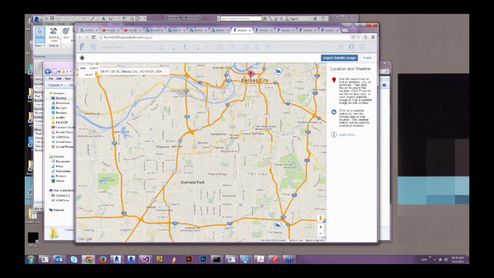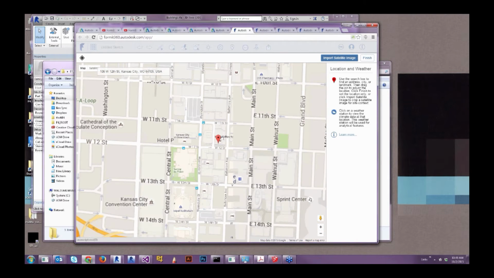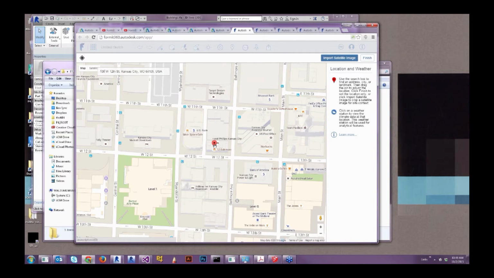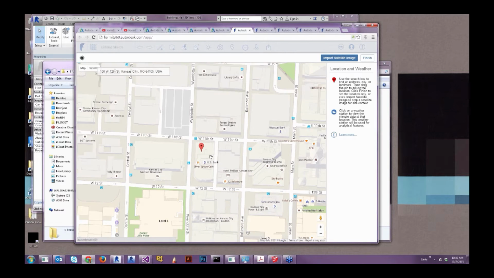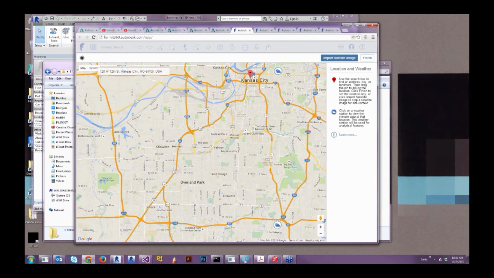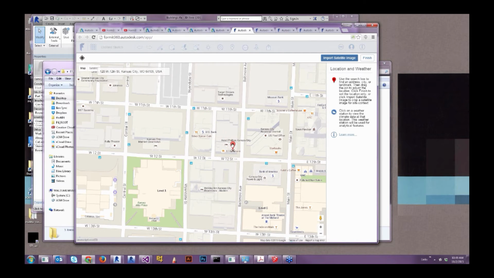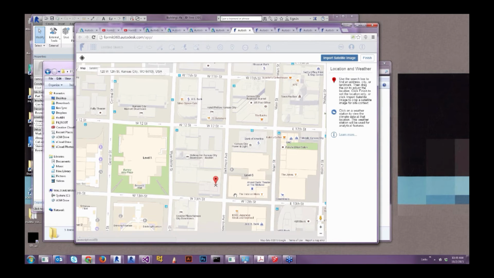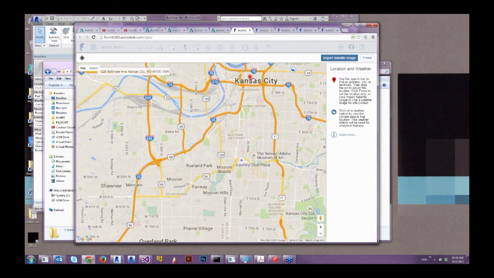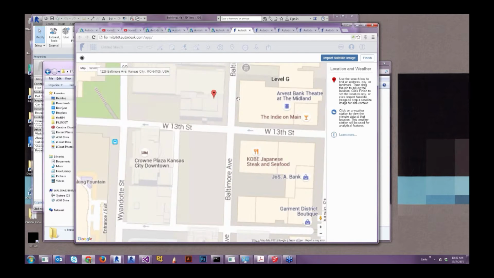So you do a search, and you end up here in downtown Kansas City. You can zoom in. One of the things I want to point out is that this tag is pretty important. Wherever you place that tag is where your project address is going to be. Even if you zoom into a different area, it's not going to matter if you haven't placed your location tag there. So you have to pick that up and put it down where your project's going to be.